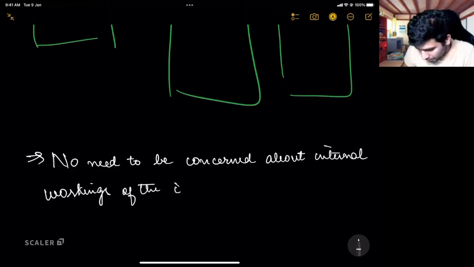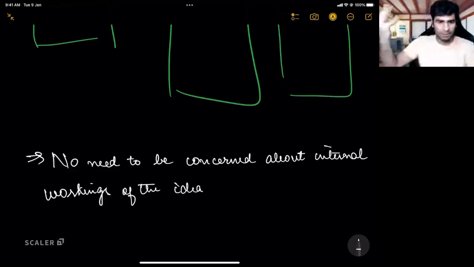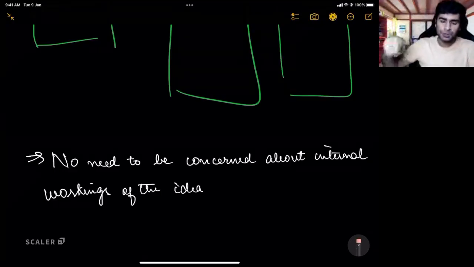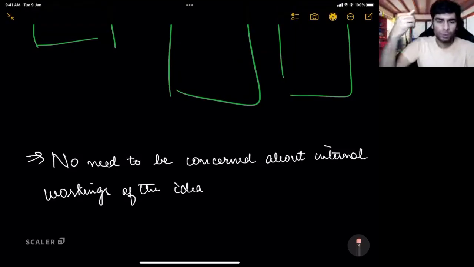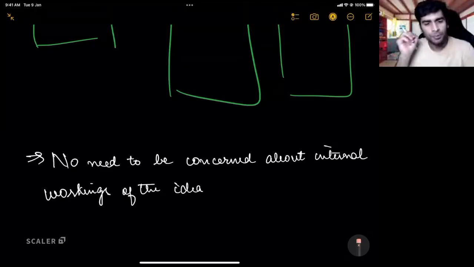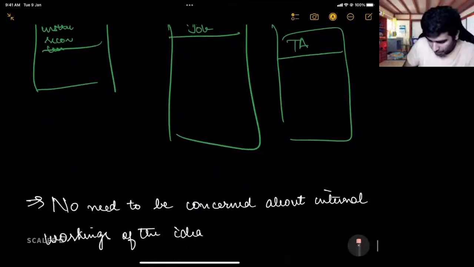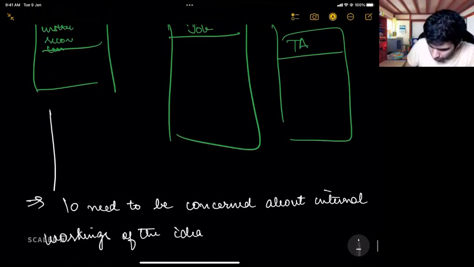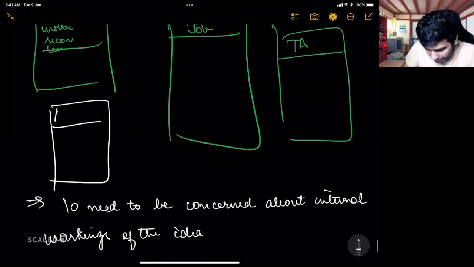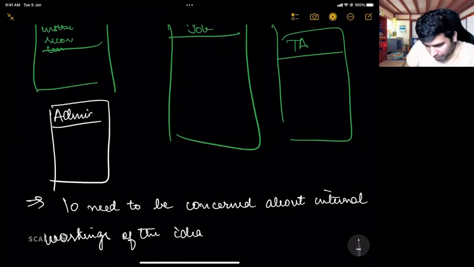So, for example, let us say there is some person who wants to create a new class. Will they care about how a class is going to be created? Let us say there is someone called admin, and this admin just wants to create a new class.